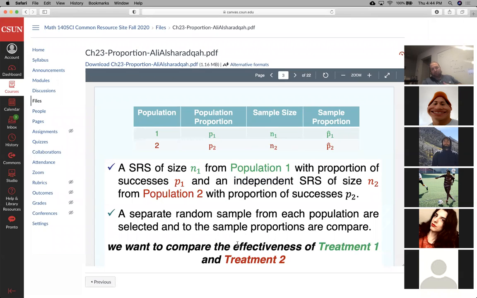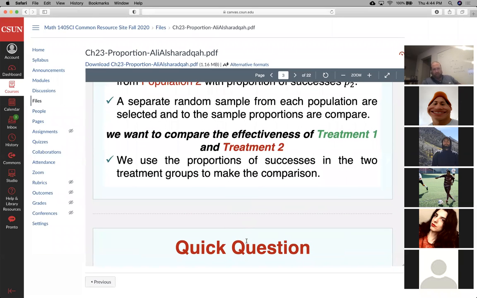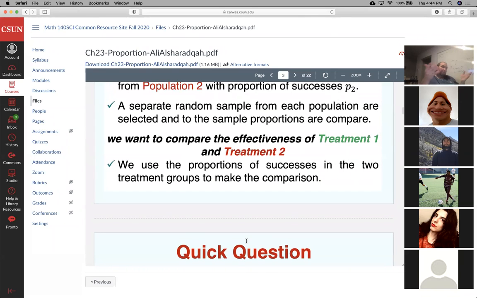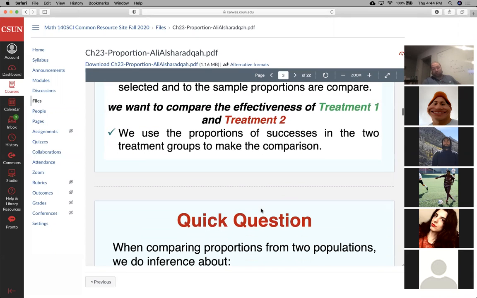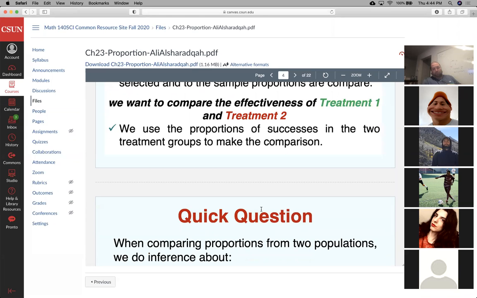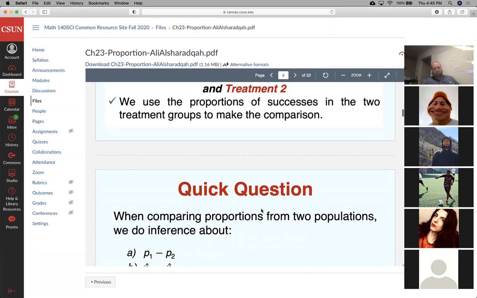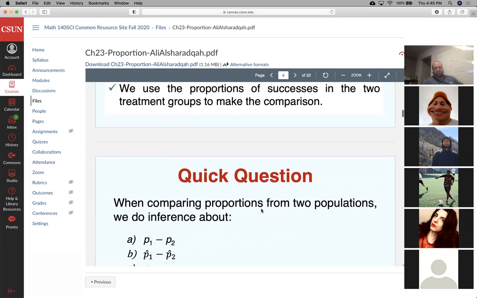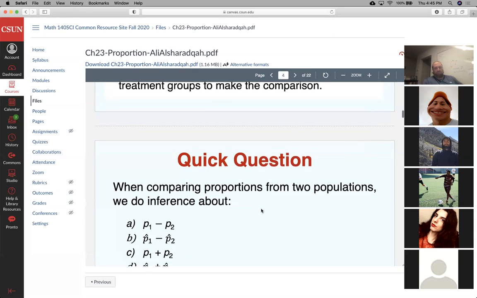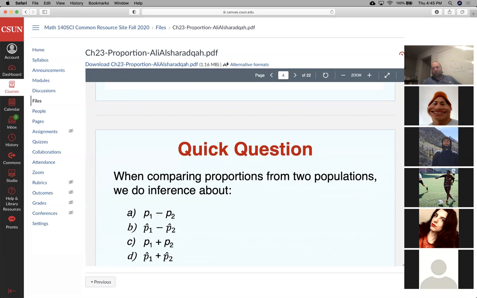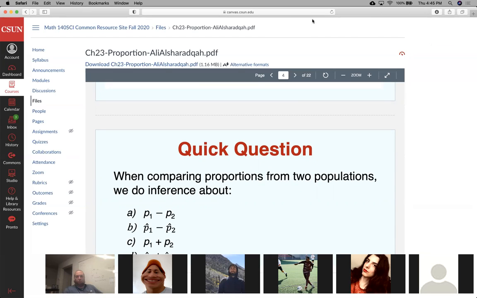And we want to compare, for example, the effectivenesses of treatment 1 versus treatment 2. And what are we going to use? Well, we have the proportion of successes in the first one. We have the proportion of successes in the second one. What are we going to do? We're going to compare the proportions. It's the easiest way. So when comparing proportions from two populations, we do inference about A, p1 minus p2, B, p1 hat minus p2 hat, C, p1 plus p2, and D, p1 hat plus p2 hat. We haven't done this in a while. Our good old-fashioned